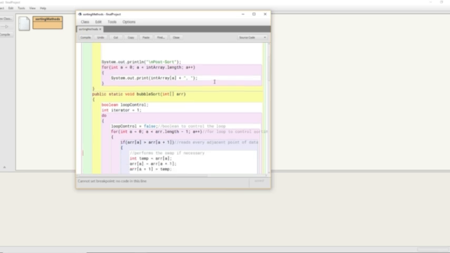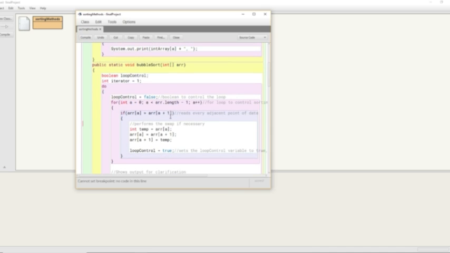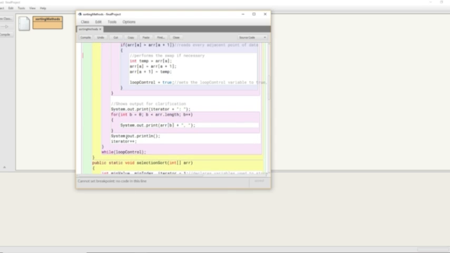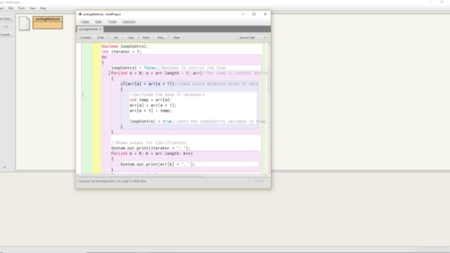It reads every adjacent pair of numbers in an array and swaps them if the larger or smaller integer, depending on how the array is being sorted, falls either first or second in that pair respectively. It repeats that process until it reads that there is no more data left to be sorted, which it does in this case by using a Boolean variable whose value is reliant on the outcome of this Boolean expression to control the external do while loop. And that's the way the process works. And to illustrate this,